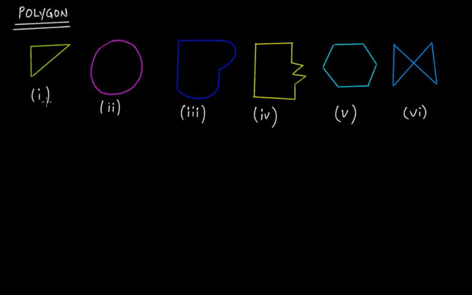Now if you look at these 6 figures or diagrams, it's clear that all these figures are closed curves, right? So they all are closed. Now if you further look at them, you'll find that the first one is a simple closed curve, the second one is a simple closed curve, the third one is a simple closed curve, the fourth one is a simple closed curve, the fifth one is a simple closed curve, but the sixth one is not a simple